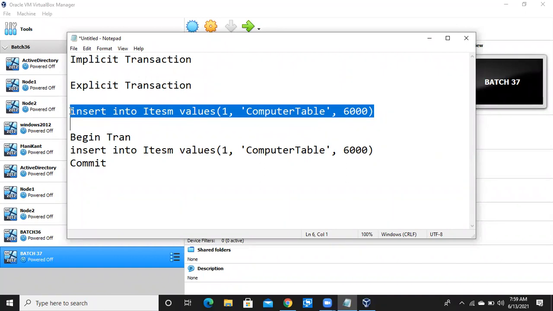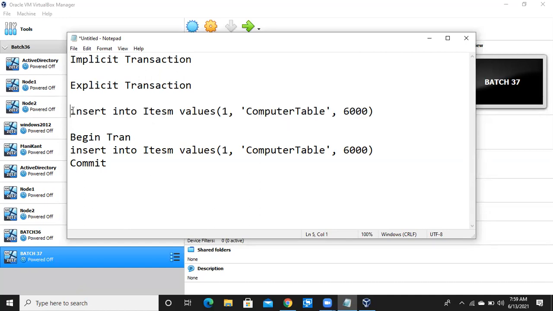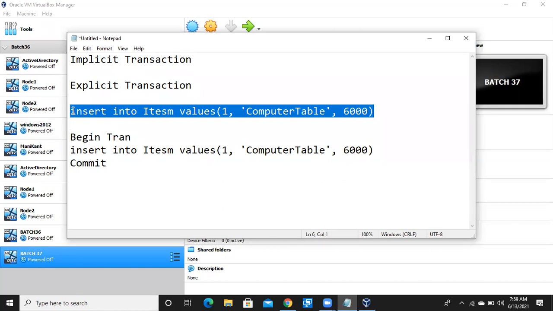Commit means permanently saved, like the Control S button. Once you type anything in the document, you use Control S to save the document. In the same way, commit is a kind of Control S. It is going to save the data permanently to the data file. So without giving begin tran and commit, if I run a transaction like this, is it going to be committed or not?